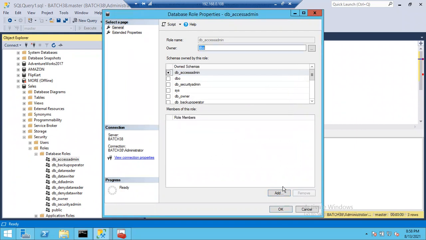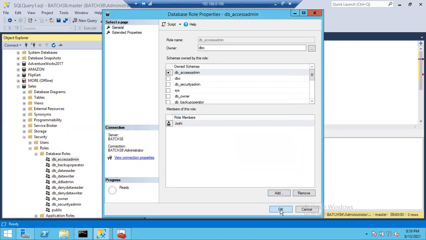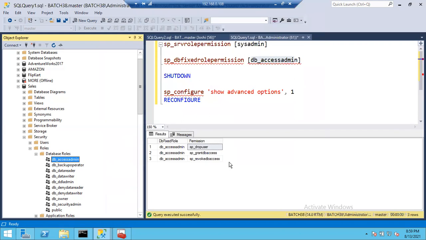Don't remove in the organization. Add, type Joshi, check names. Joshi came, right? Click OK. In this way also you can add Joshi to the access admin role. Directly go to the access admin role properties, and there you can add any user to the database role. Clear?